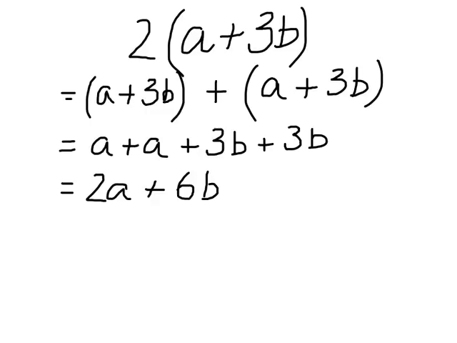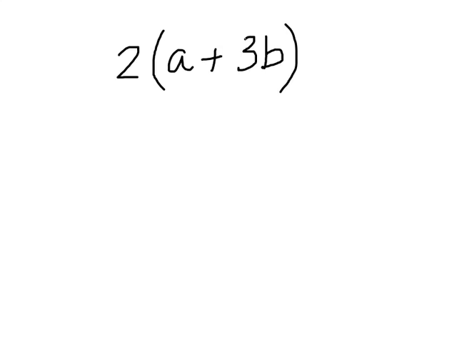Now there is another method of doing this. We don't have to write out all of this working, so we're going to do the same example in a different way. So knowing that we've effectively got 1 apple and 3 bananas in a basket, and we've got 2 of those baskets, we can multiply the number of baskets by each part or each term in the brackets. So what we're going to do is multiply 2 by a, which equals 2a, so 2 apples,